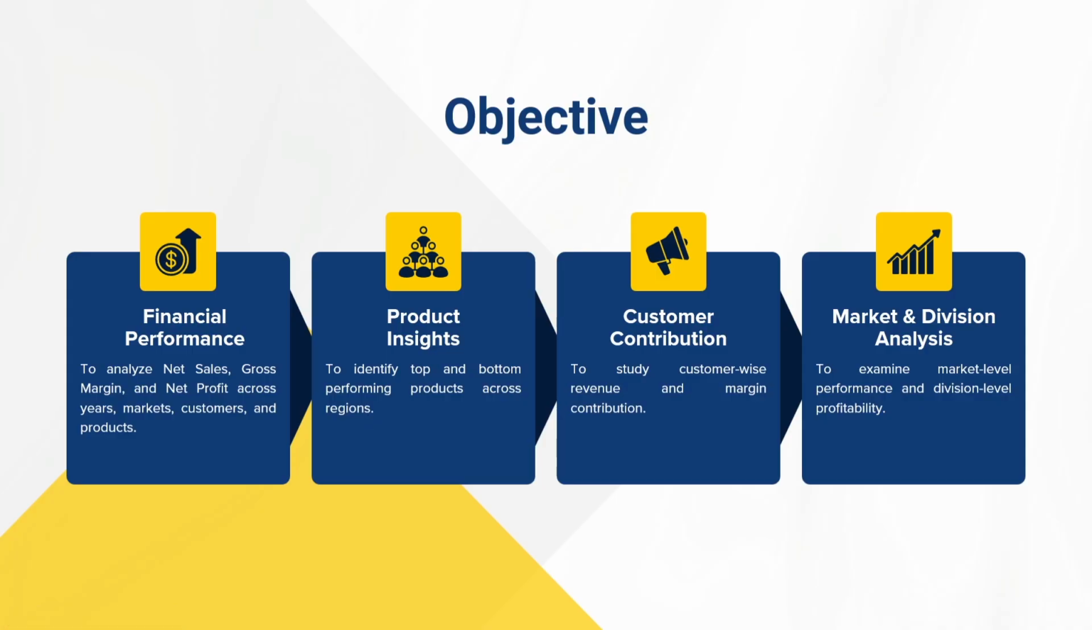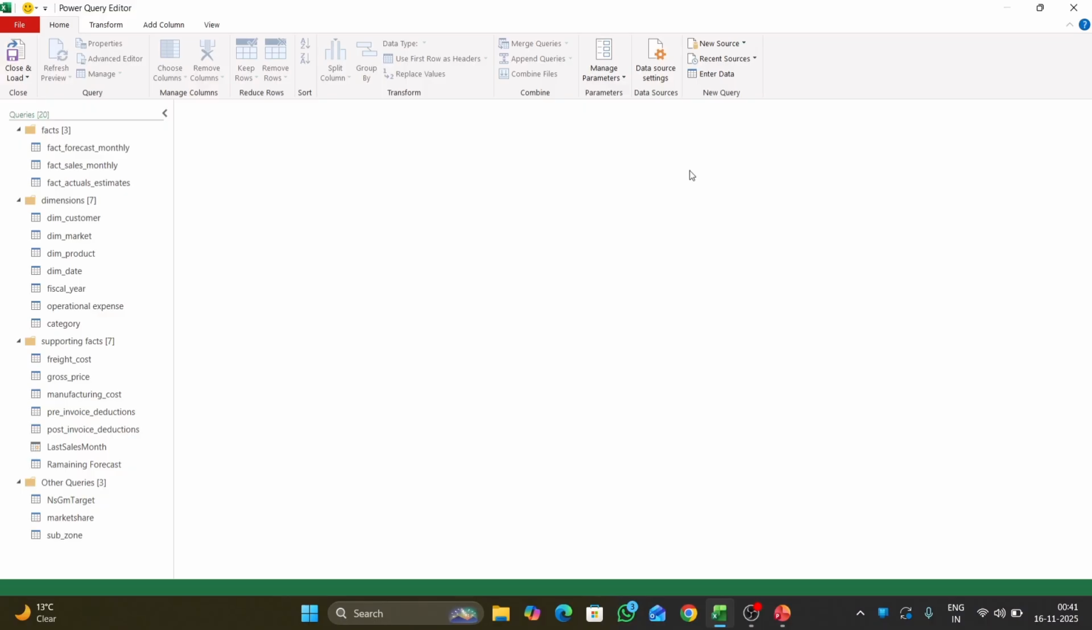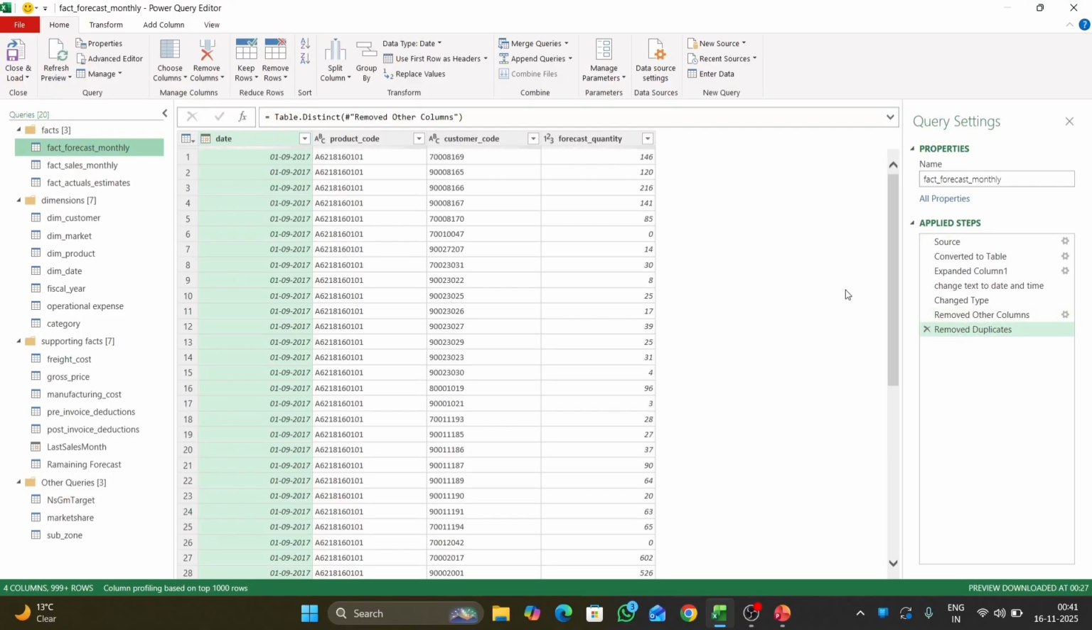Now let me explain the ETL process that I followed. All the datasets were provided by AtliQ through their internal structured database. Then I imported the dataset into Power Query. In the extract stage, I load fact and dimension tables such as sales, forecast, customer, product, market, etc. here. In the transform stage, I clean the data by removing duplicate values, handling missing values, and correcting the data